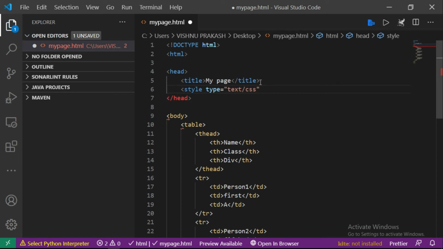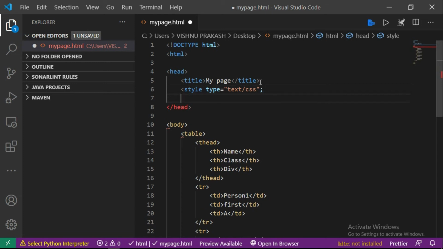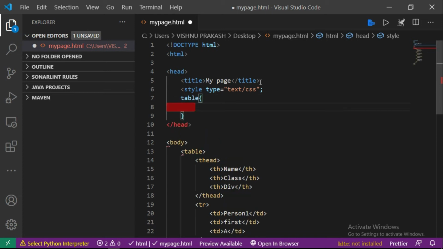We'll close this one here. Then we'll give CSS for the table first. For the table we'll make a border with 1px, solid black.